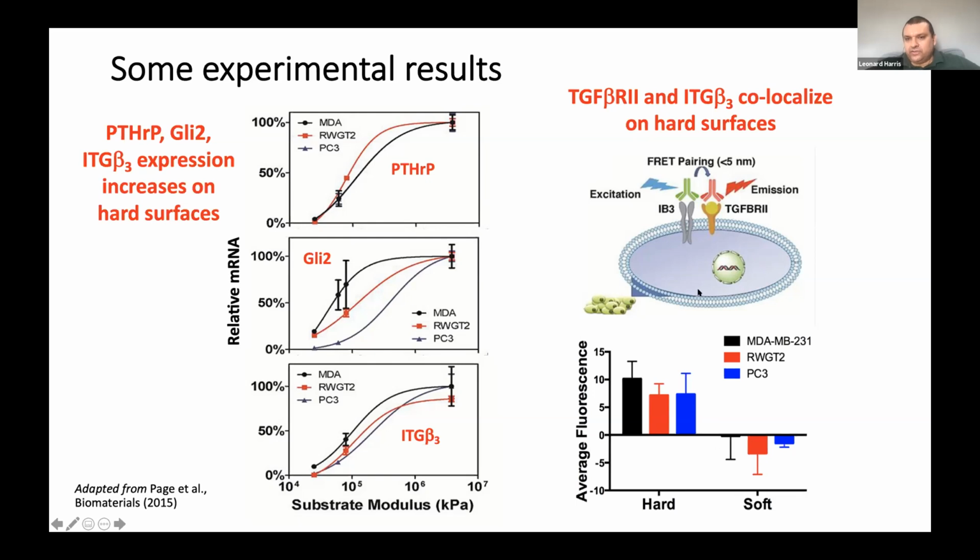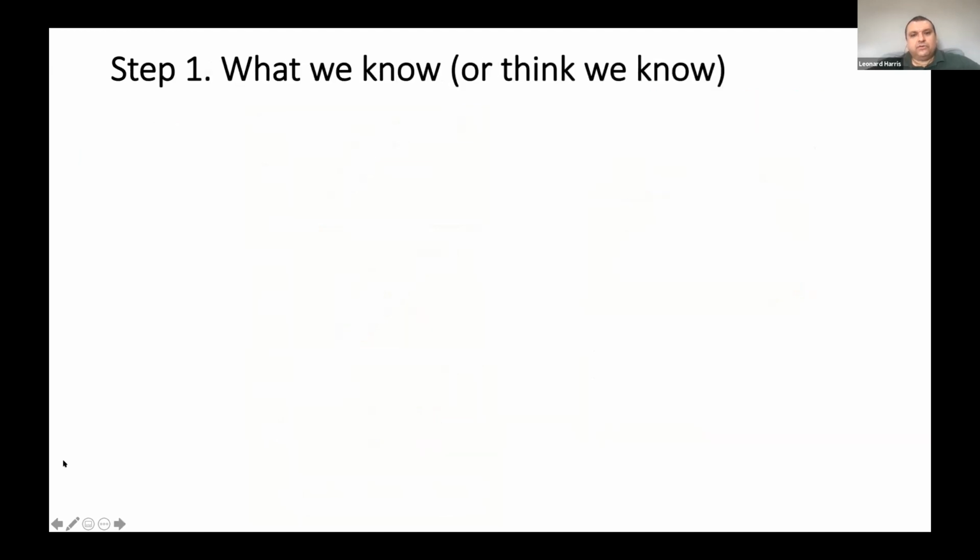And so we know this co-localization is also correlated with high expression of PTHrP, GLI2, and the integrin itself. Okay, now, to go back to the six easy steps,